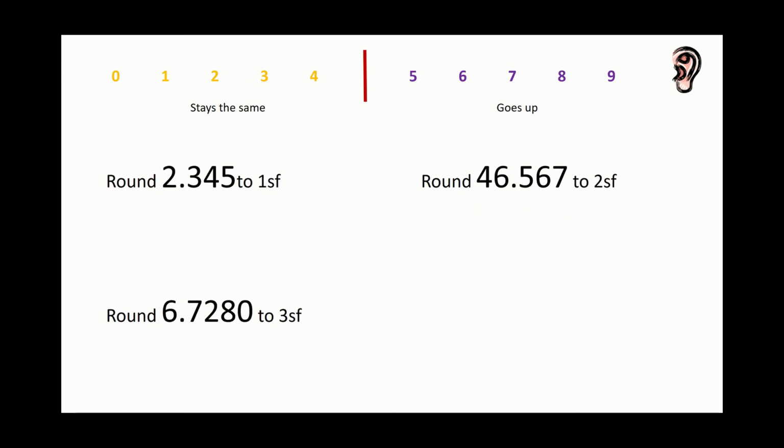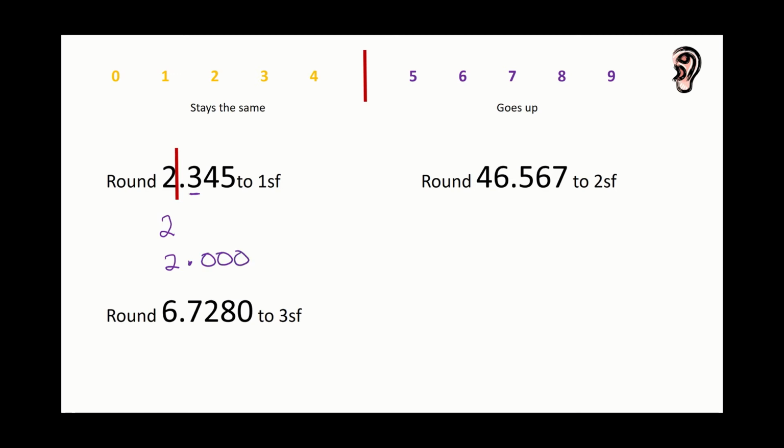Working with decimal numbers, we still start from the left-hand side, so with the number that has the most value. To round 2.345 to one significant figure, we place the line after the first number. The 3 decides, so the 2 stays the same. We do not need to add zeros this time because there is no difference between 2 and